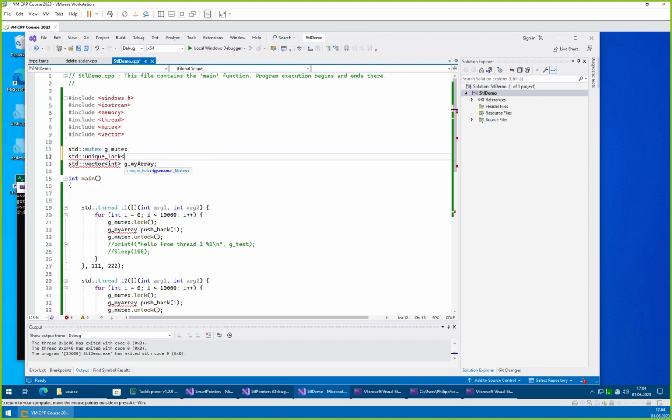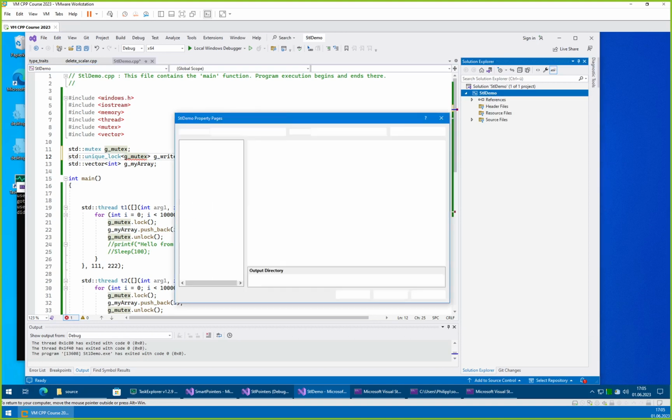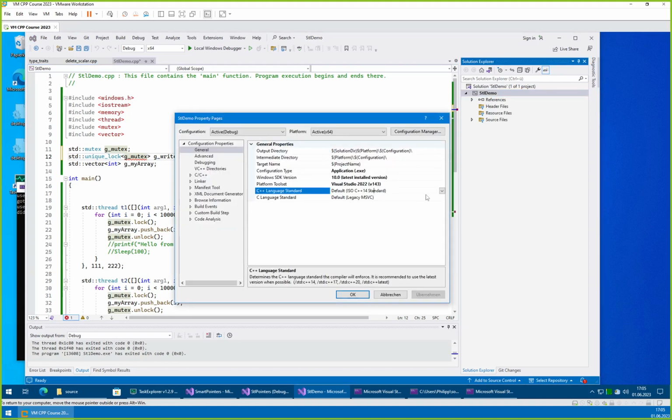Unique lock. That's actually quite a nice thing. It should work. Which version do we have enabled here? 14